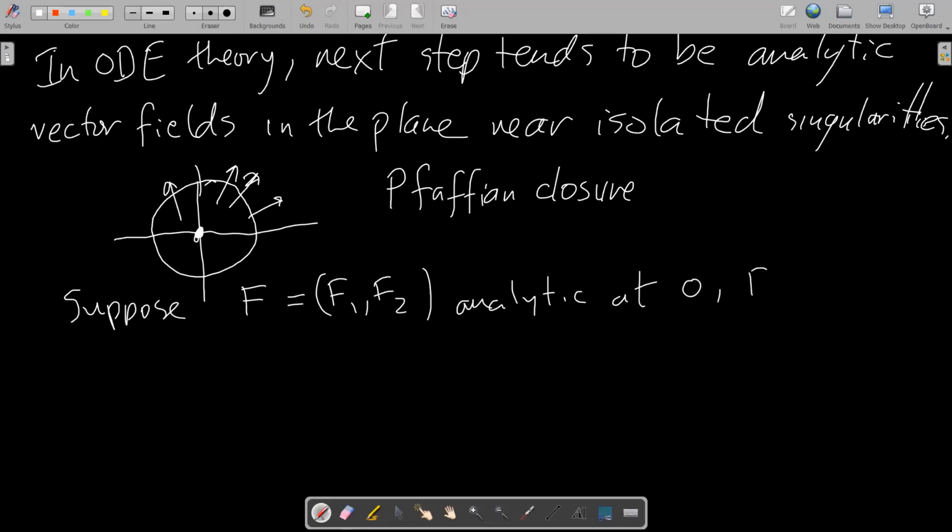And let's just say that's the only isolated. Let's just say it's an isolated singularity. This is what we reduce to anyway. Now,